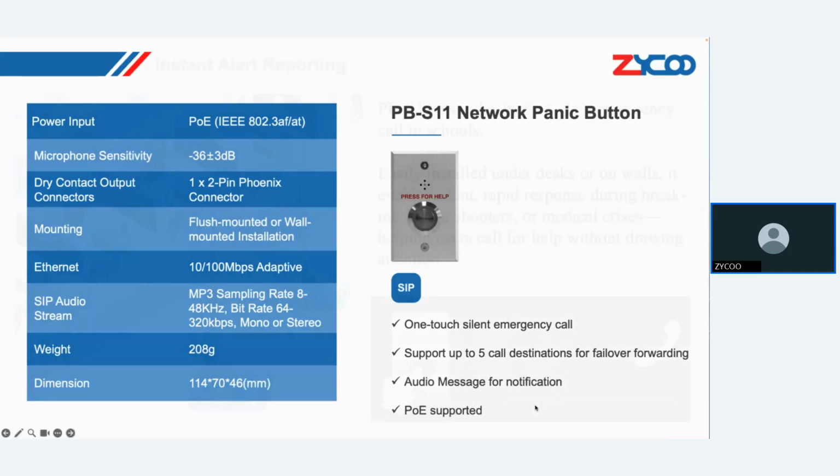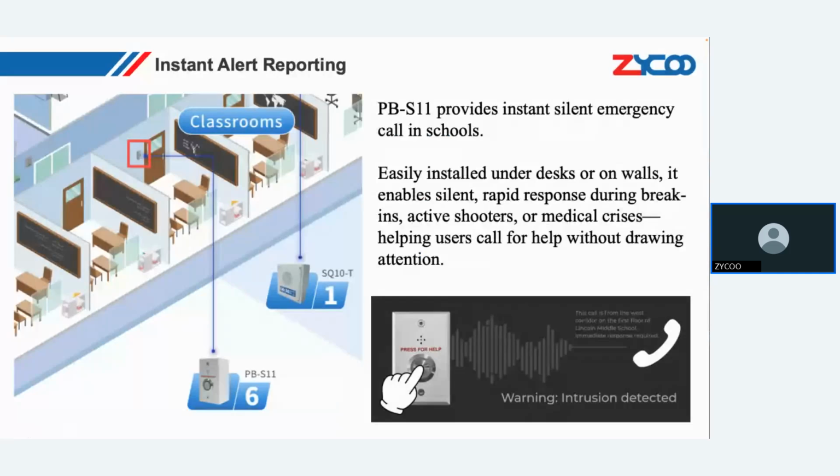Okay, and the PBX11 is powered via PoE, and it supports flexible installation. It can be wall mounted, flush mounted, or you can also install them under the desks or counters. It also supports customized alert tones such as location information, and they will be played before the call is connected. And I think this makes it very ideal for some scenarios such as classrooms, banks, common rooms, hospitals, and some other environments where silent